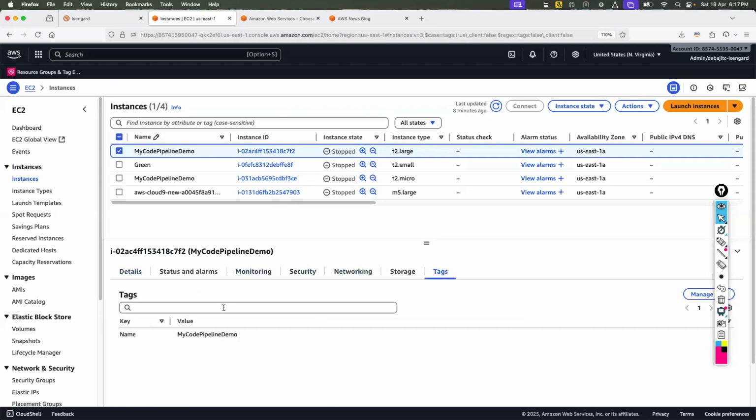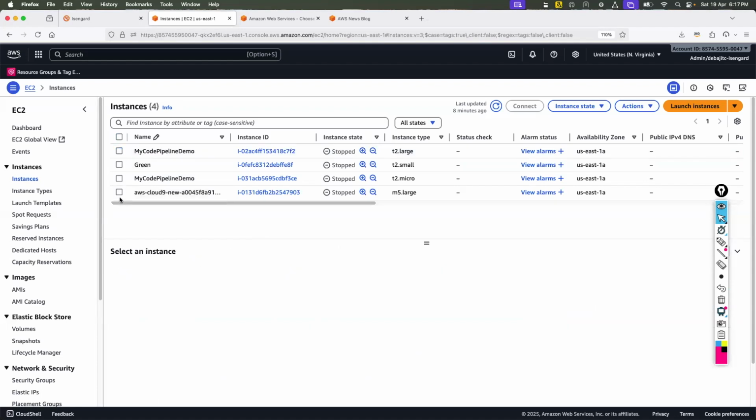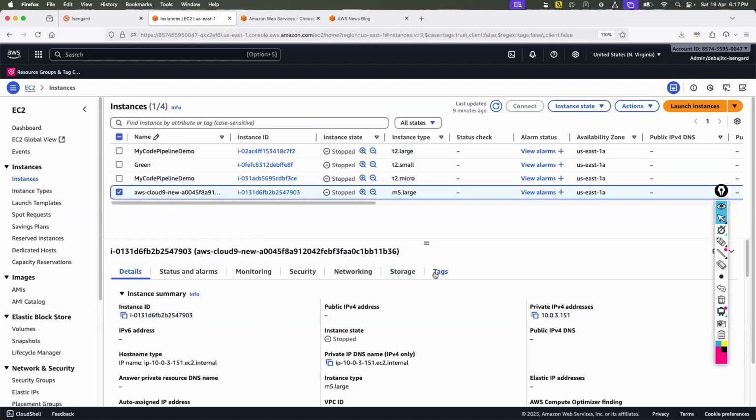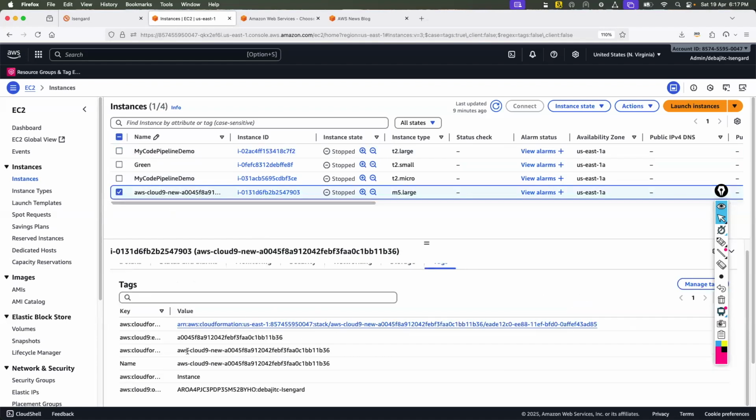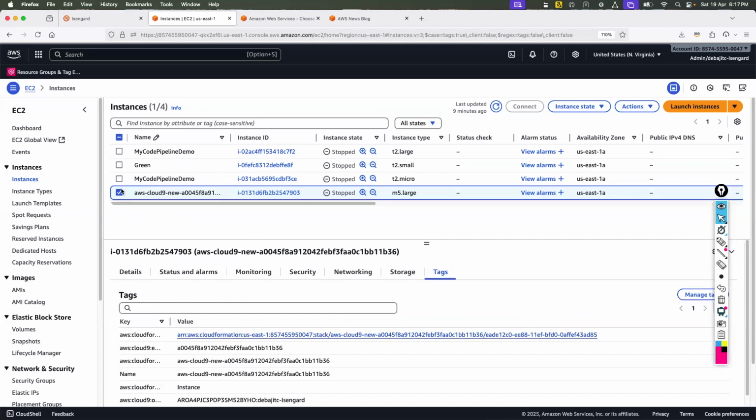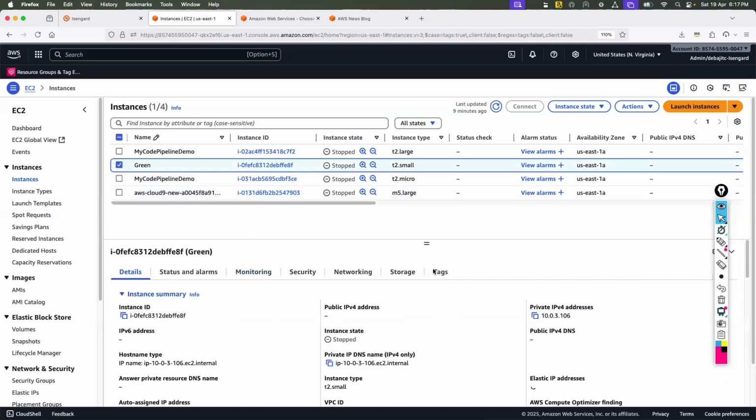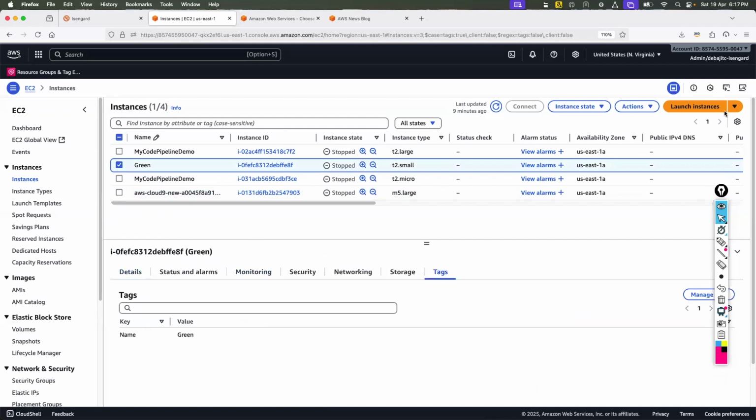So if I go to tags, I have already tagged this particular server with the name, which is my code pipeline demo. If I go to this particular server and then to tags, I can see there are a lot of tags automatically assigned. But how can you add?